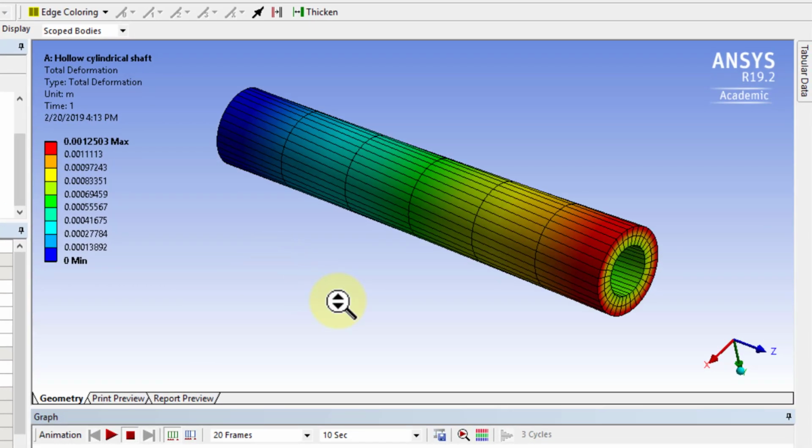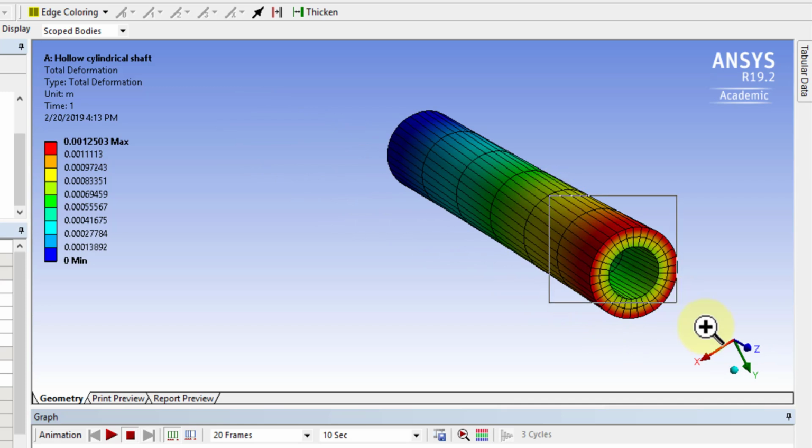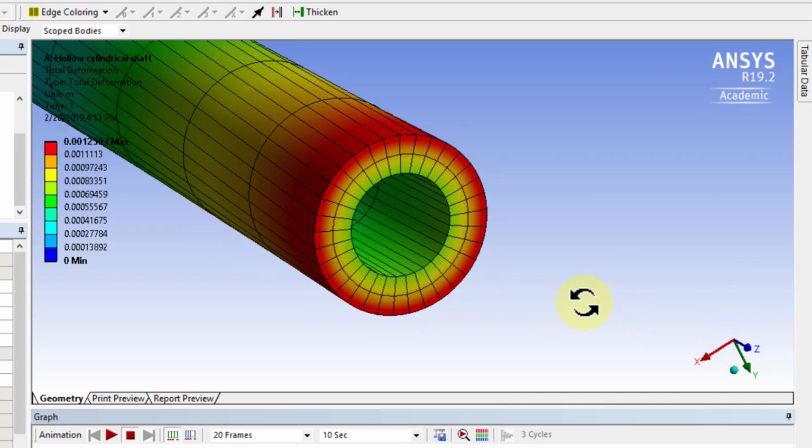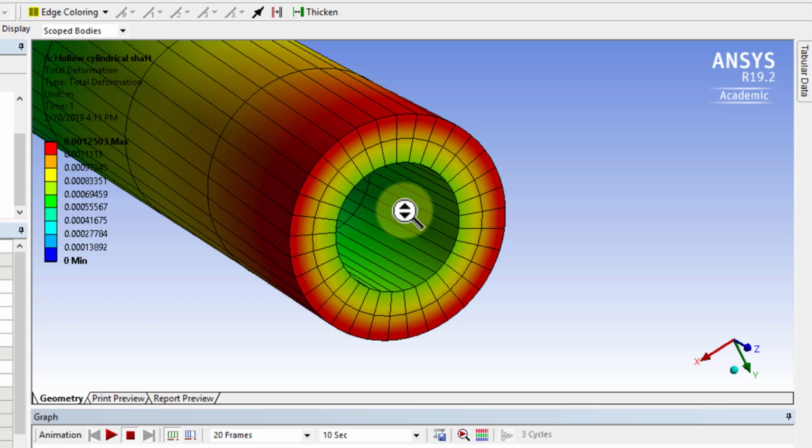Looking a little more closely at the trends, this is the displacement magnitude. It increases as we move away from the fixed end, which is what we expect, because the cross-section over here is twisting more than the cross-section over here. And if I'm looking along a cross-section like that, I see that in the circumferential direction the displacement is the same, which is what I would expect if